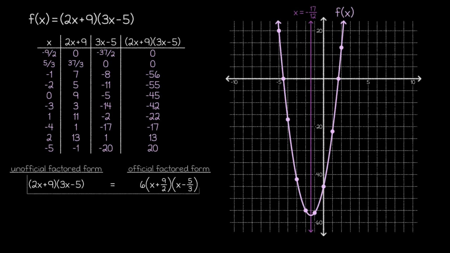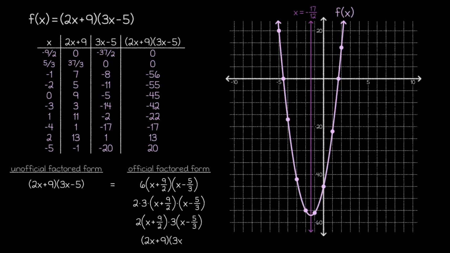We can check our work on this in a number of ways, and one easy way is to convert both of these expressions into the standard form to see that their standard forms are equal. However, a more elegant method is to start with this expression and manipulate it to get our other expression. To do that, we'll rewrite 6 as 2 times 3. Then, if we pair the 2 with the first linear factor and distribute, and do the same with the 3 and the second linear factor, we can quickly see that we do indeed get our original expression.